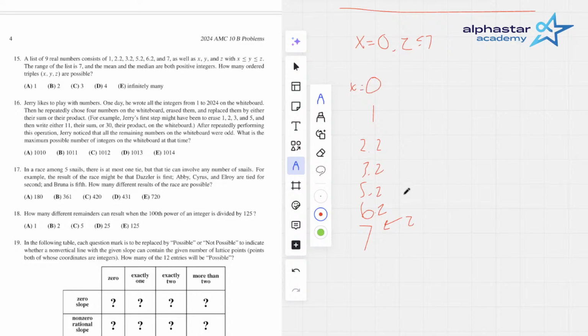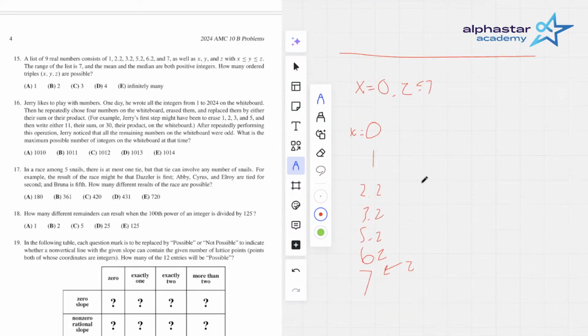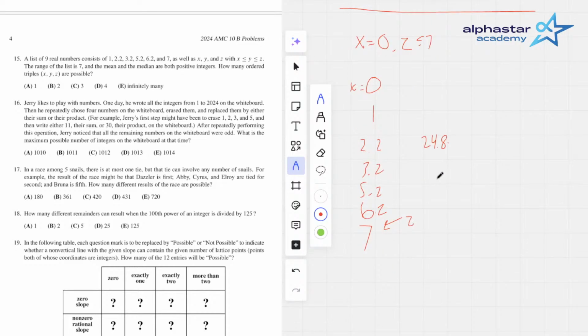The sum now would be, similarly, 24.8. Let's see, 20 minus 24. Yep. And then z has to be somewhere there. z could be as small as you like, but y plus z has to equal, once again, in this case, 2.2,